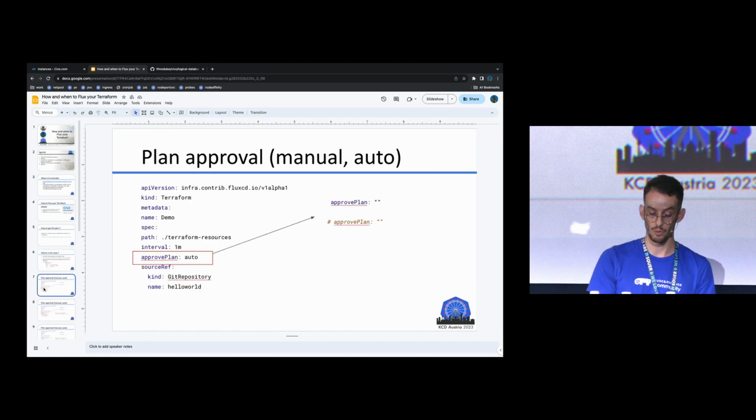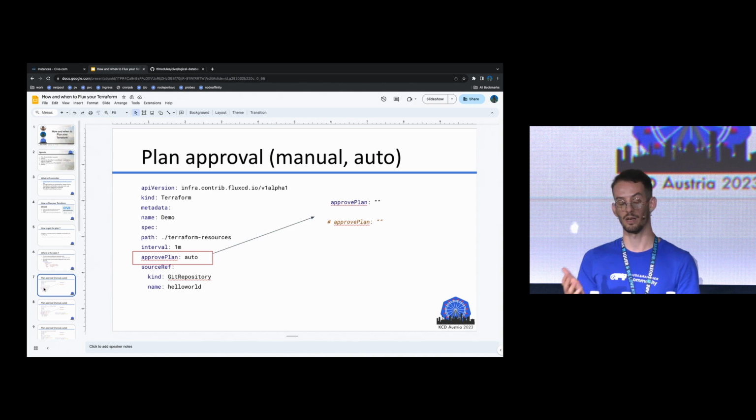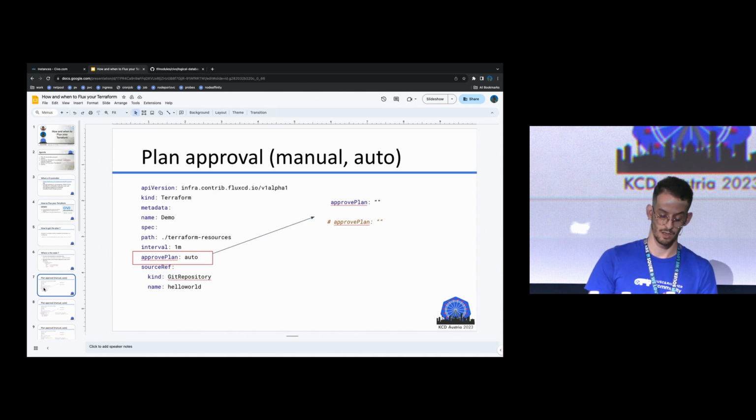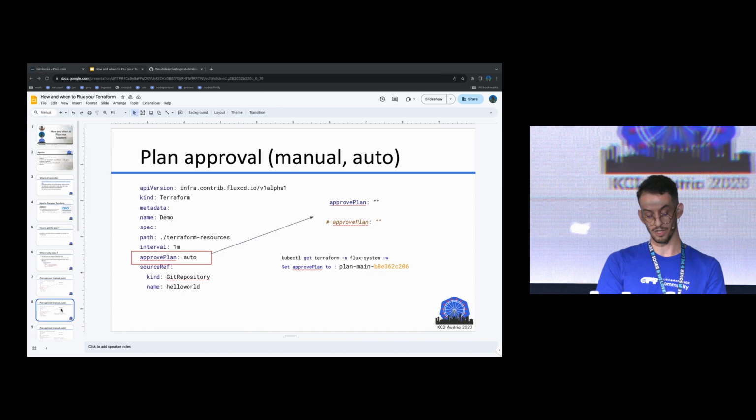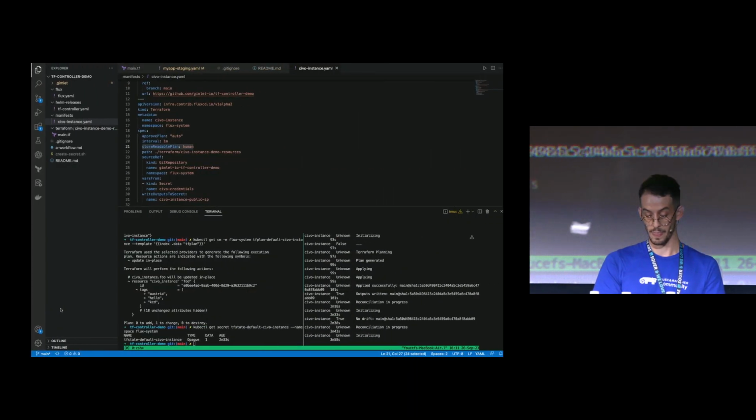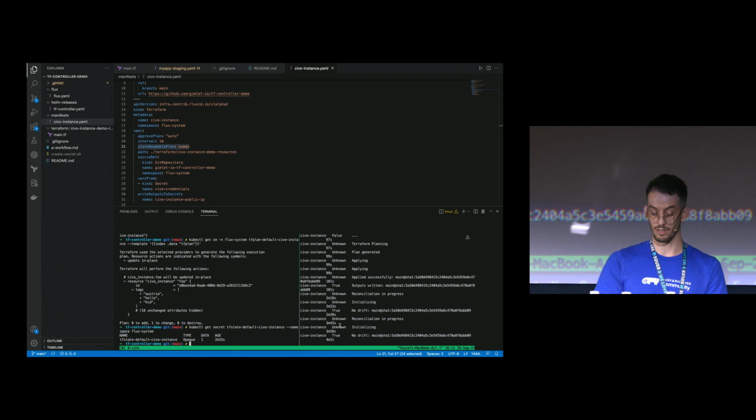Plan approval. What we saw is that the Terraform controller plans and applies for us automatically. Maybe you're not fond of this and you would like to have some control, so you can specify manual approval. To do so, you have to change the approve plan field: either specify it as blank or omit the field entirely. After that, if you apply your changes on your object, then in the logs, as you see, initially no drift, the plan will be proposed for you.